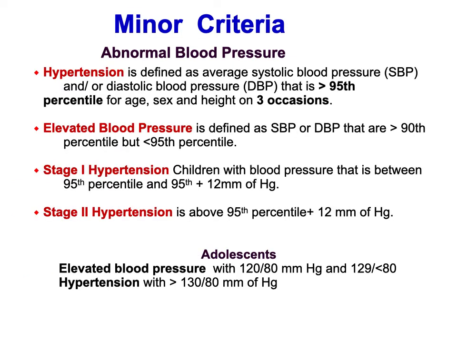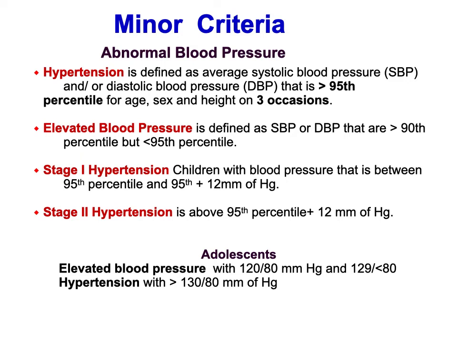Here come those definitions. Hypertension is defined as systolic blood pressure and or diastolic blood pressure. It is not only systolic, remember. More than 95th percentile for age, sex and height. Age, sex and height, very important, on at least 3 occasions. So more than 95th percentile, systolic and diastolic, for age, sex and height, on more than 3 occasions. This is the definition of hypertension. Now, what we have told about the 90, 100, these are the 90th centile figures.